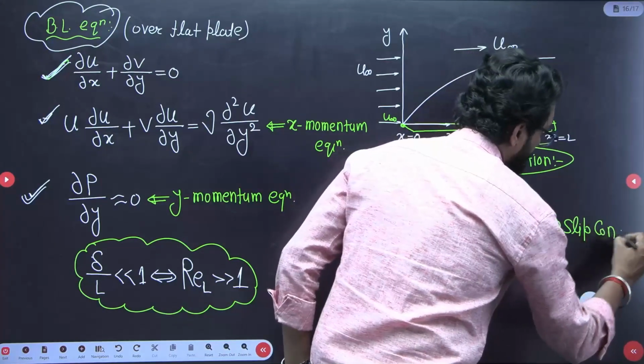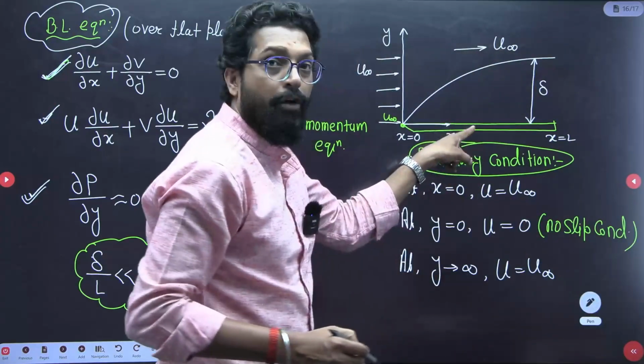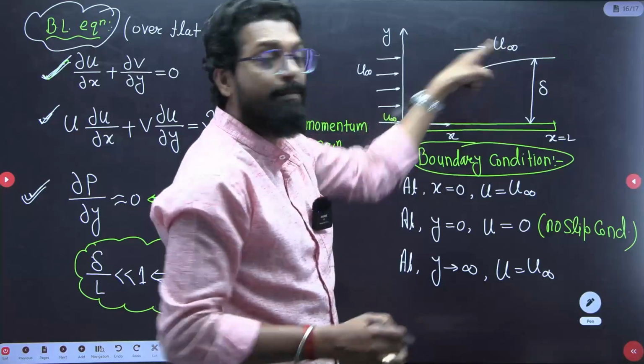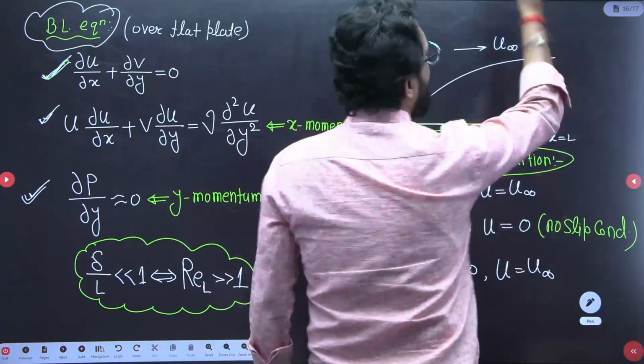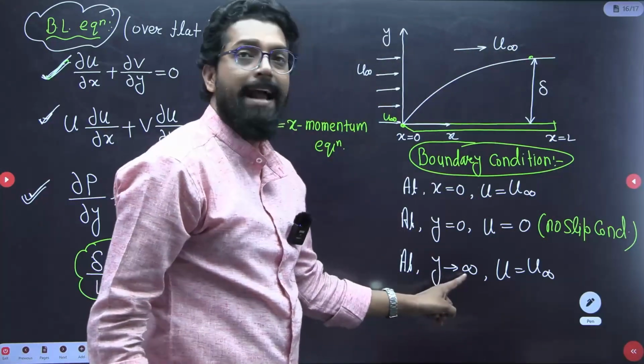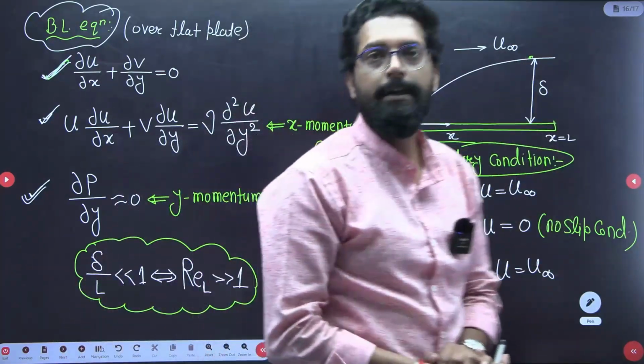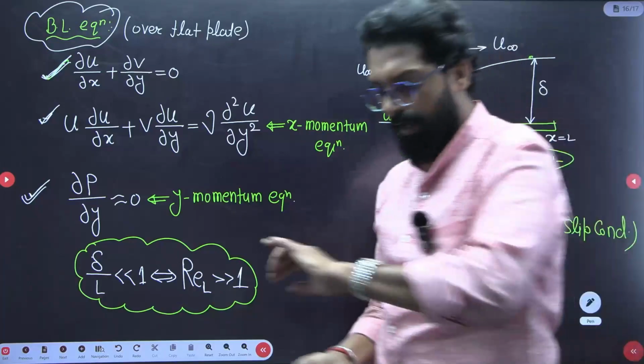This is your no-slip condition. At y equal to 0, that means on the plate there is no tangential velocity. This is 0. At y equal to infinity, that means you can take outside, u is equal to u infinity. These are the conditions of a boundary layer. Okay. Now next,